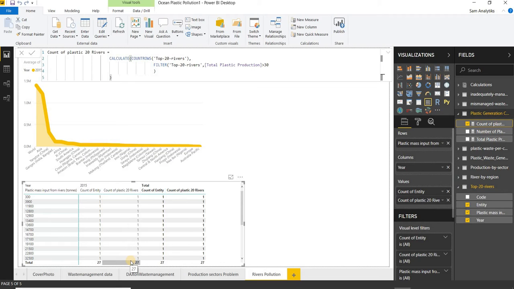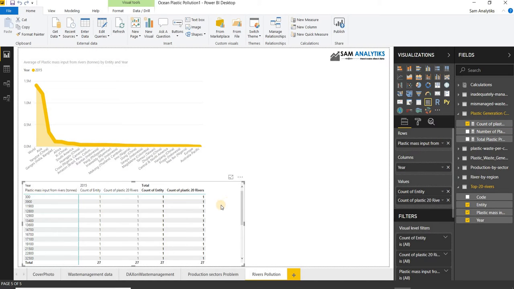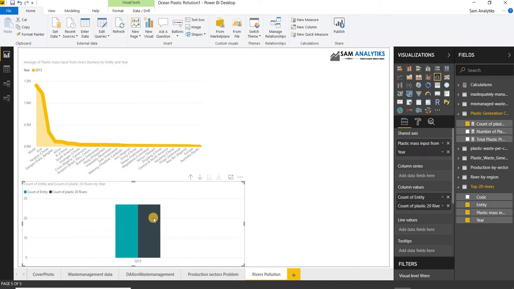So we need to understand, we need to work hard through it. And if I take this line and cluster column chart, you can see that it's all coming to the same single part. So I have two of my visuals ready.